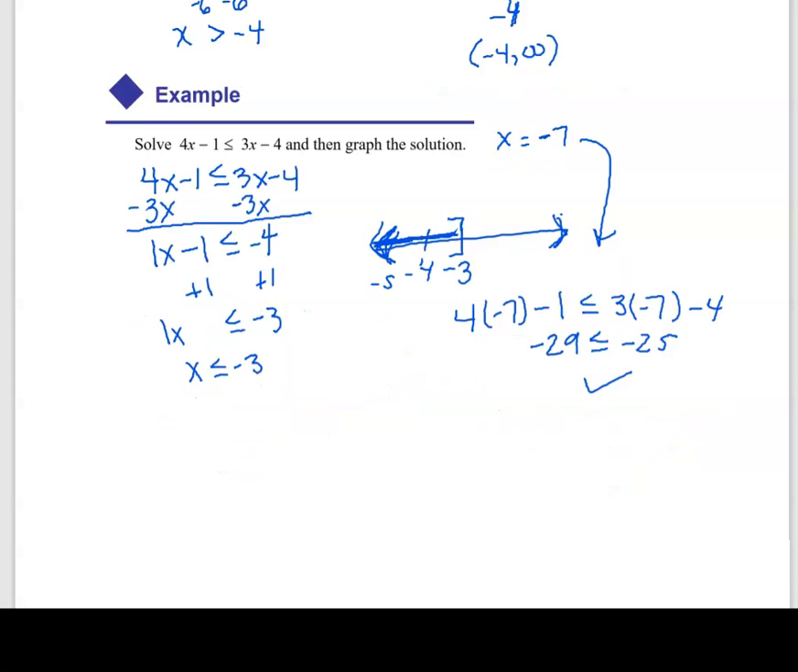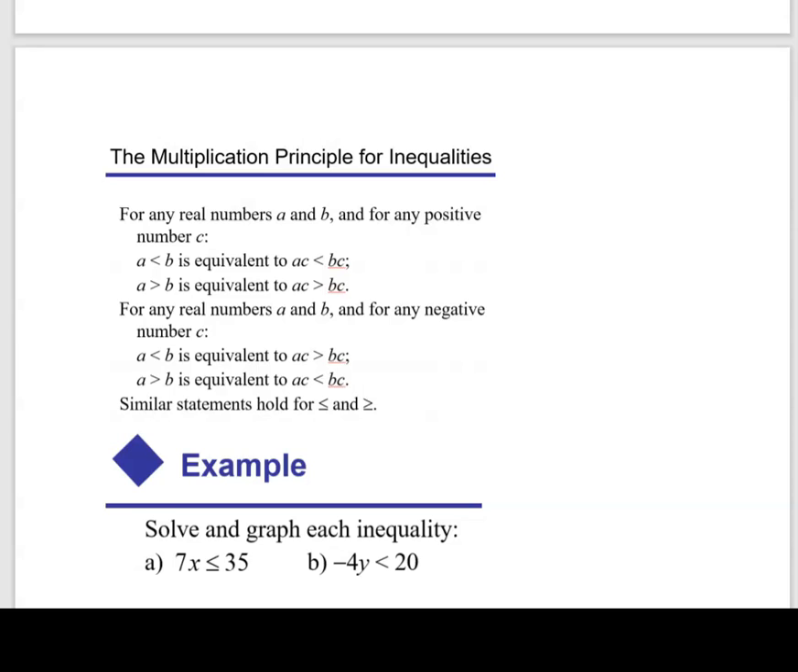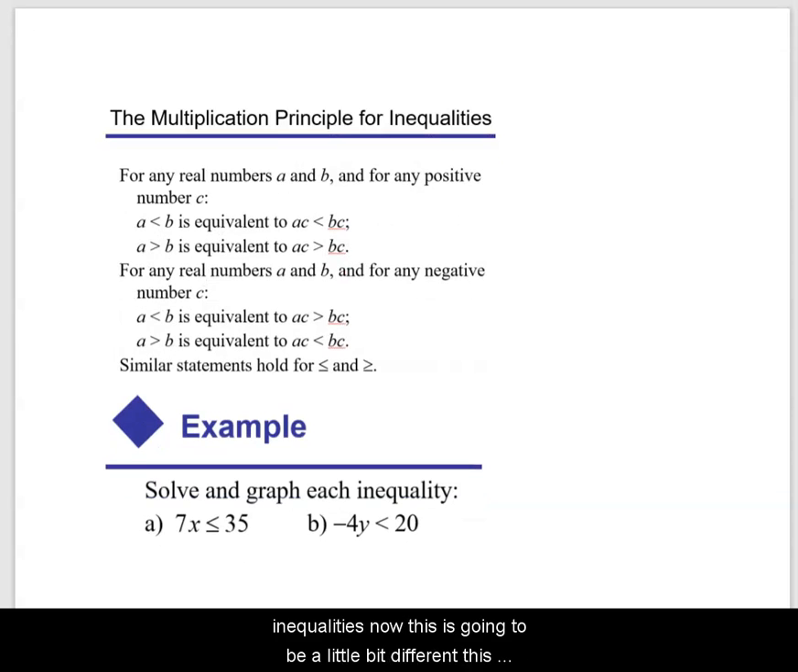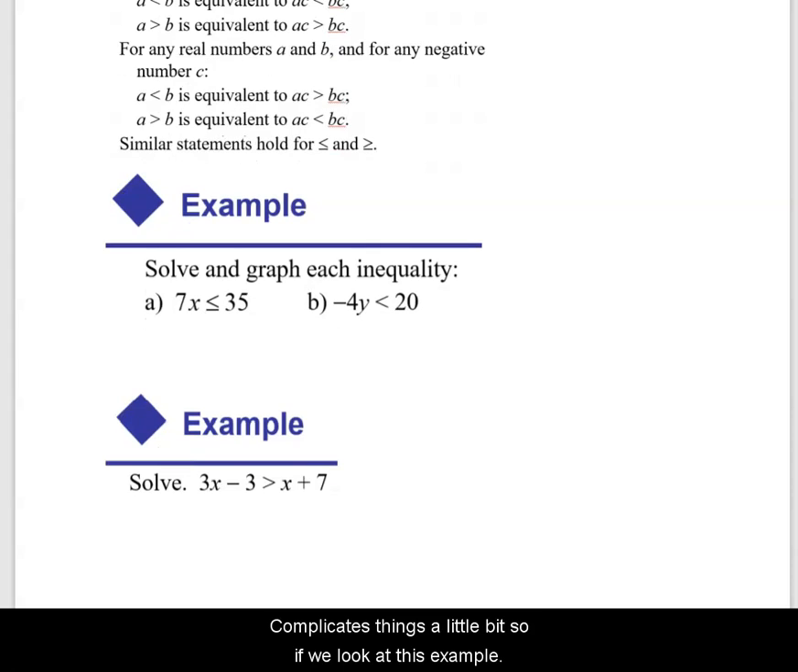So you also need to know about the multiplication principle of inequalities. Now, this is going to be a little bit different. This is where the trick comes in. It complicates things a little bit. So if we look at this example,